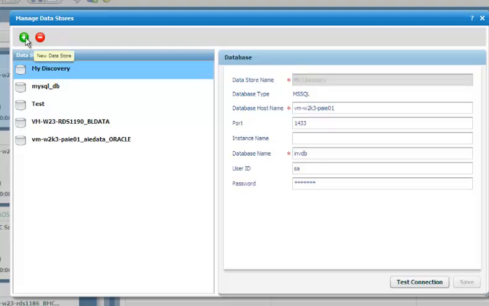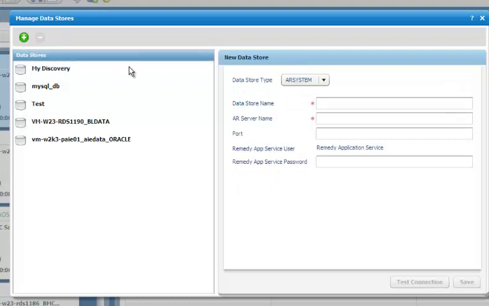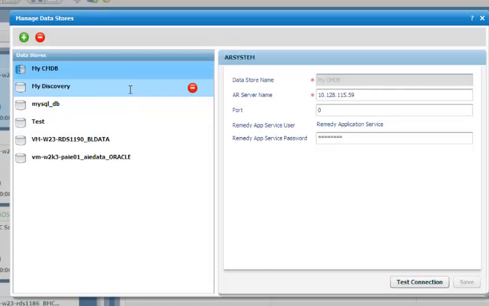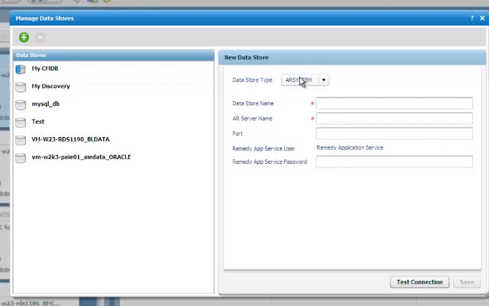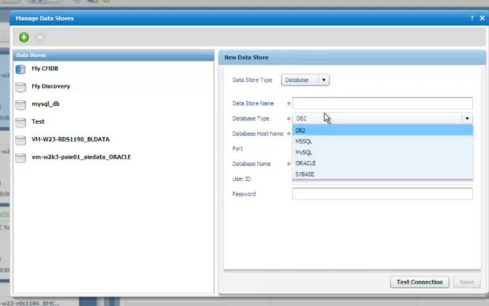In a similar way, John goes about creating a CMDB connection. John has created two connections, one to CMDB, the destination, and one for the discovery tool from where he will pull the data. One important note about connections which are of type database: the list of databases selected here is